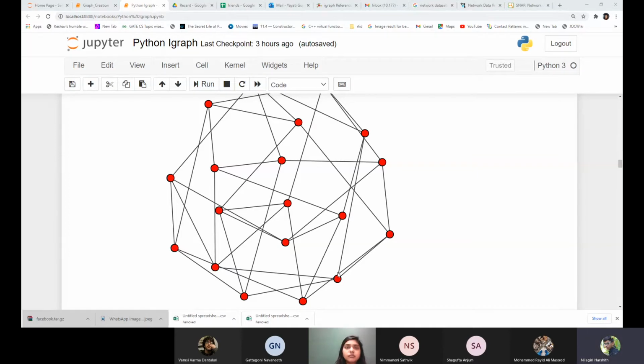Ma'am, matrix in the form of the matrix and everything. So one is the adjacency matrix. Yes, perfect. So we have an adjacency matrix. If we have n vertices, we have an n cross n matrix. Assuming that it's an undirected, unweighted graph, every value will be either 0 or 1: 1 if there is an edge, 0 if there is no edge, and all the diagonal entries will be 0 in case it is a simple graph. Okay, then Satvik says adjacency list representation. What is that? So what do we do in adjacency list?